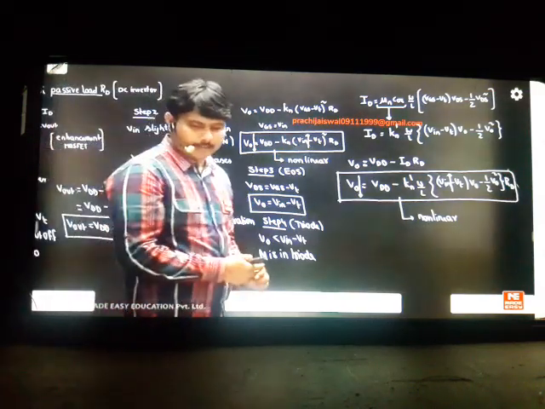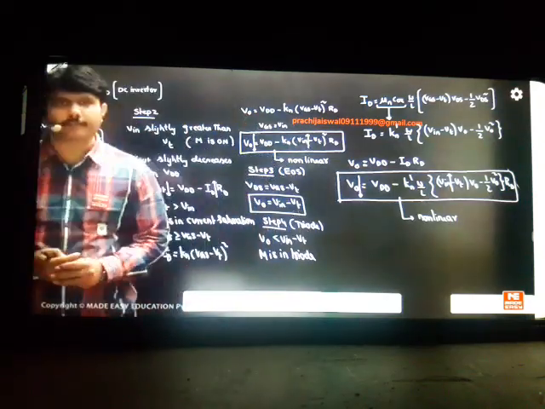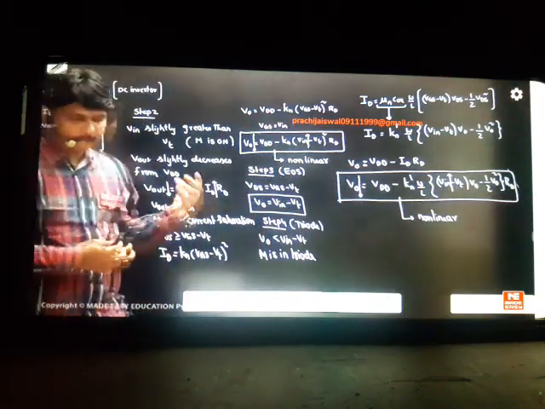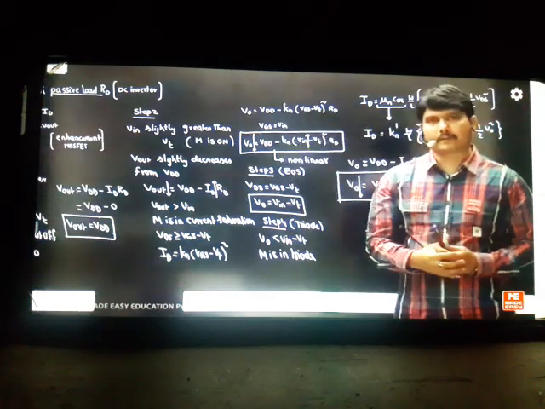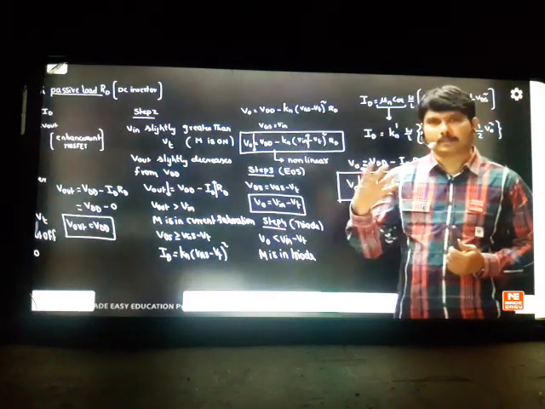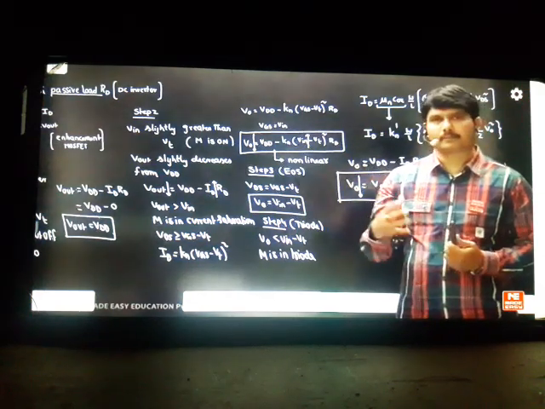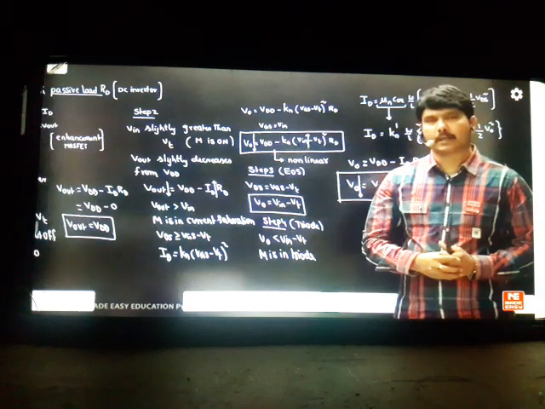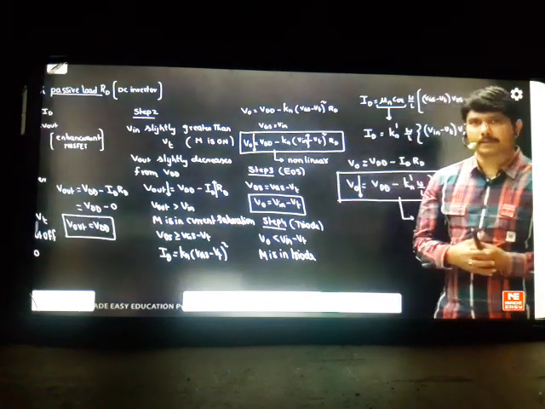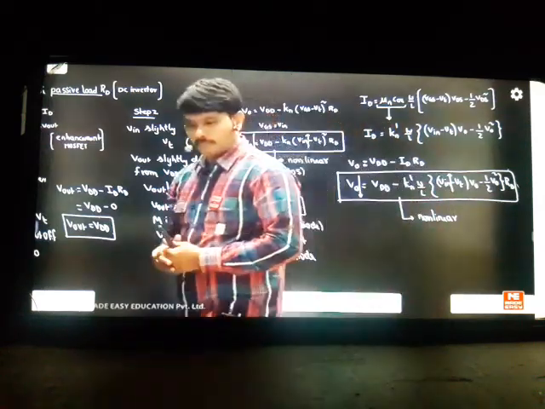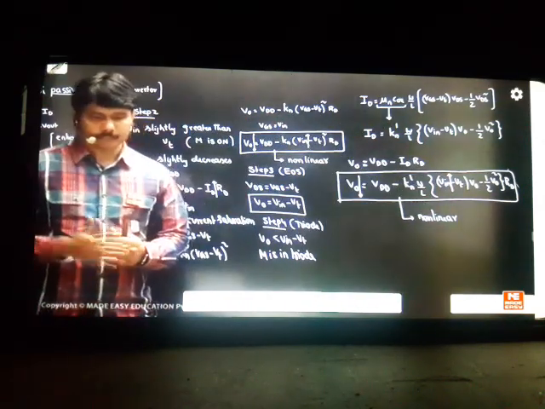Why do we call this an inverter? Why are we not calling this a switch? Why we call it an inverter is common sense here. When the input is low, the output comes as high. What is the meaning of inverter? At your home also, if the power supply is off, suppose your current fails, you still get the switches on. What is the reason? We kept inverters at home. That means when the input becomes low, the output will become high. That is called the inverter technique. So it is a switch also, it is an inverter also.